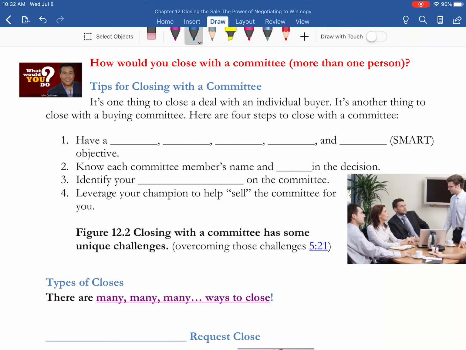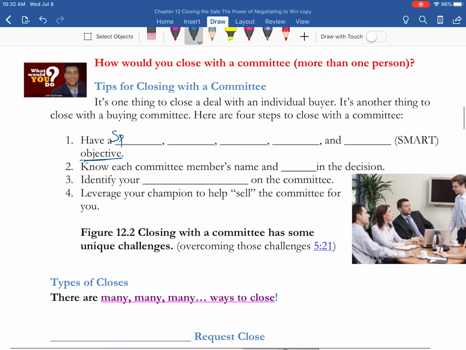For instance, first of all, you need to have a clear objective. What are you trying to accomplish with these 4 or 5 people sitting in front of you? And that is why that objective is what we call SMART, that is specific, measurable, that you can measure, that you can put numbers over that, so you want to put numbers, and then actionable, that you will be able to take action, that you will sign a contract or you will bring a demo item and that they will test it out and then they will agree to the terms and conditions.